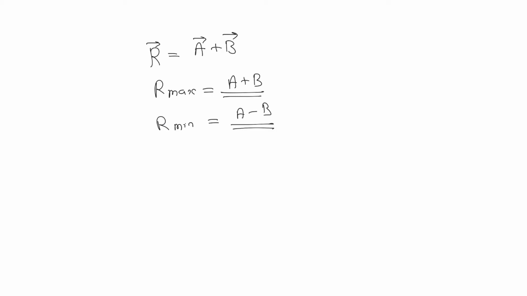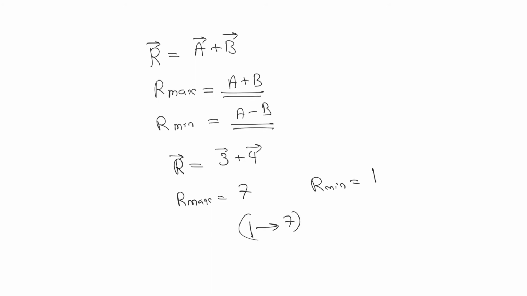That means assume that you are adding two vectors, let's say I'm just writing this r vector is equal to, in magnitude, let's say 3 vector plus 4 vector, and we can add this 3 vector and 4 vector at different angles. So the maximum possible value of this vector can be equal to 7 if you are adding in the same direction, and the minimum possible value is going to be nothing but 1 when they are adding in opposite direction. But the magnitude can have any values between 1 to 7. Between 1 to 7 any values are possible, but it cannot be less than 1 or greater than 7.